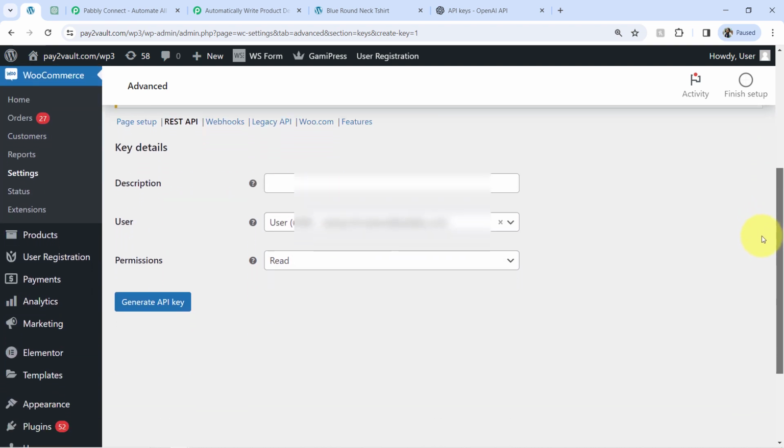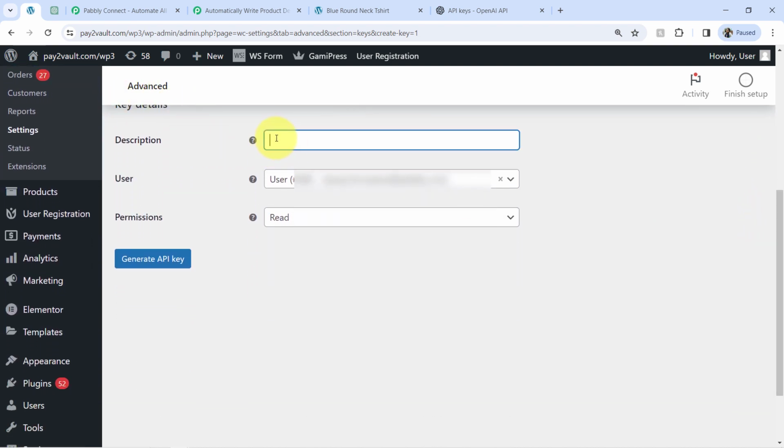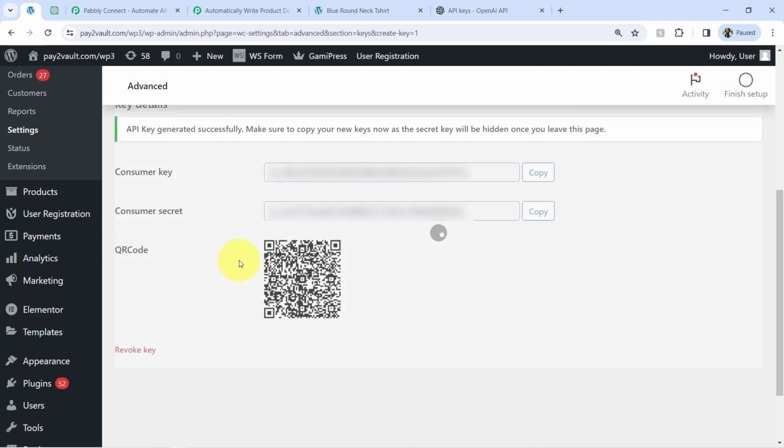Basically the consumer key and consumer secret key will be generated. Okay, connect WooCommerce, or we can say eCommerce, with Pabbly Connect. As a user, I'll go with the same, and in the permission I will provide read and write. Clicking on this generate API key button, you will find both the things, that is this